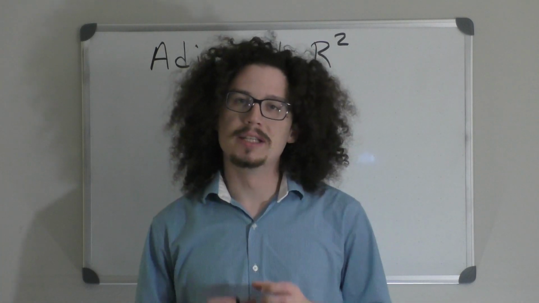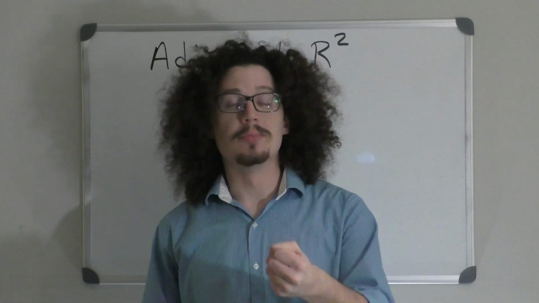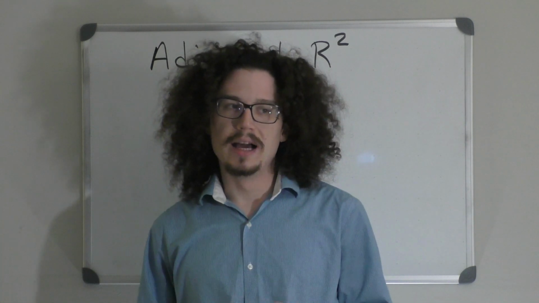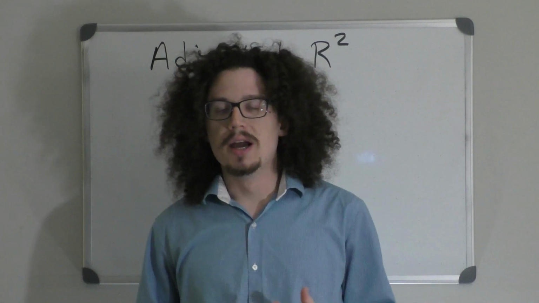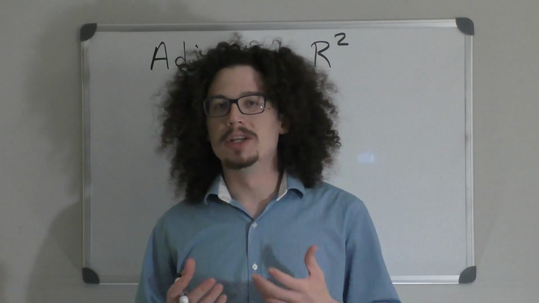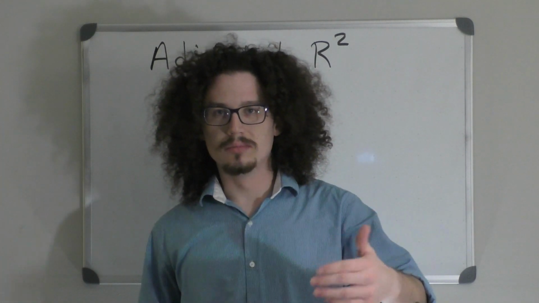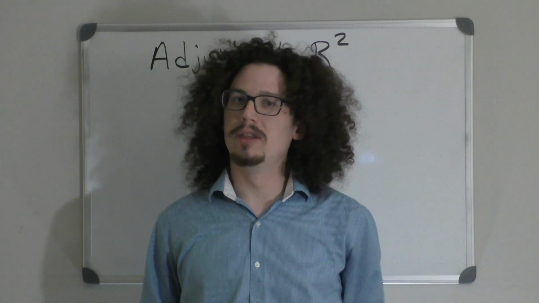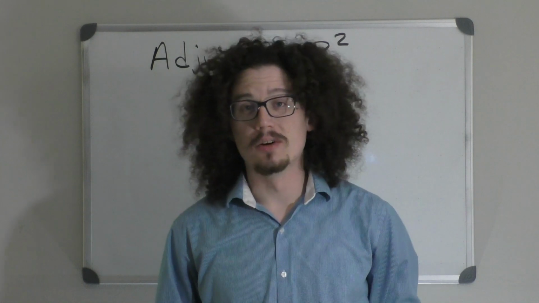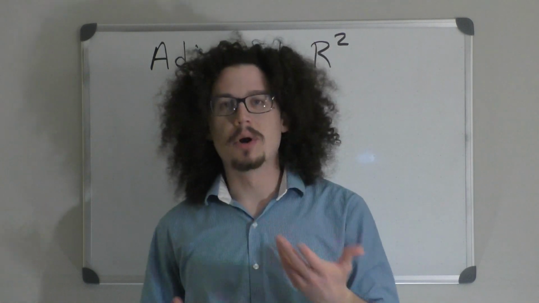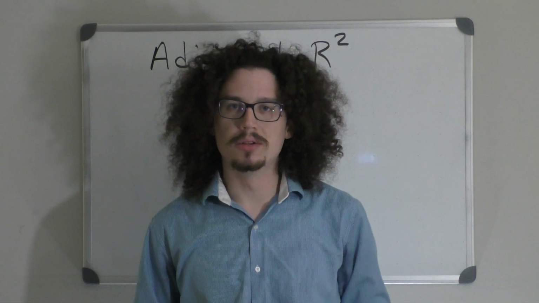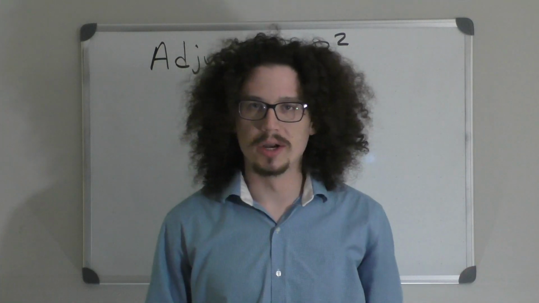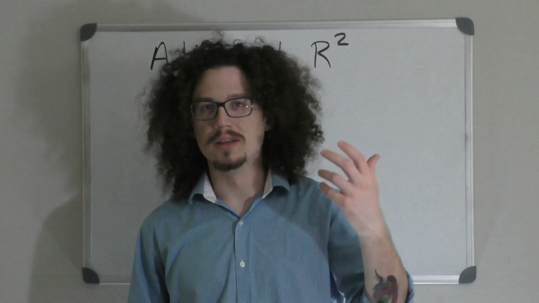The reason for this is because even if we add an independent variable that doesn't have anything to do with the dependent variable, it's still information. And that information is going to increase the explanatory power of the model, whether that variable really should be in there or not. And this is a problem, of course. We don't want somebody to be able to put in the number of dogs somebody owns into a wage equation and that increase the